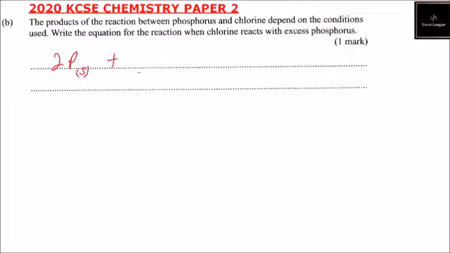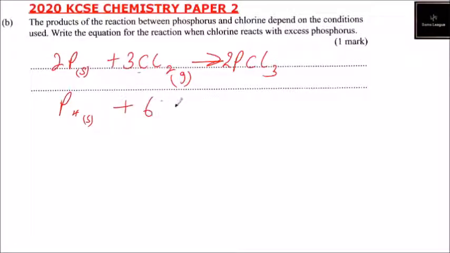This is phosphorus reacting with chlorine, which is a gas, to give phosphorus chloride, PCl3, and we balance this with 2. You can also write it like this: phosphorus solid reacts with 6 chlorine,